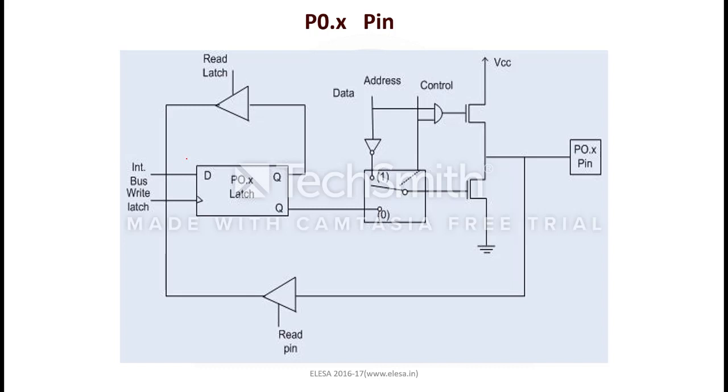I already told you that upon reset, the port pin is already in output mode. It acts as an output pin. When it has been set as an input pin and we want to change it again to an output pin, we have to write D equal to 0. When D equal to 0, the port pin acts as an output pin. Upon reset also, the state is output only. Only once it is required to write P0.x equal to 0 to make it an output pin.